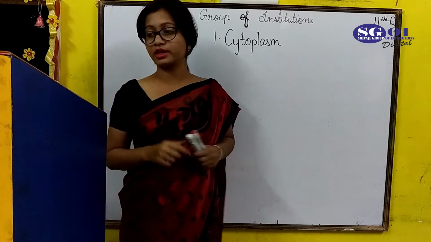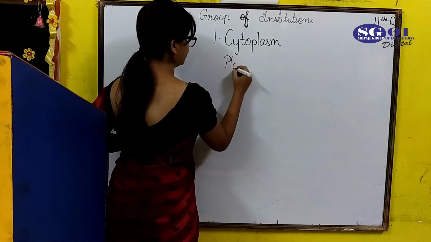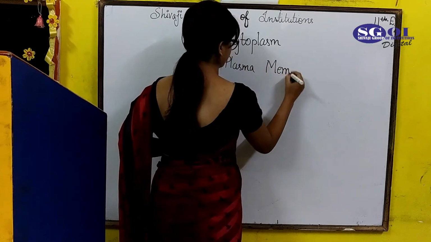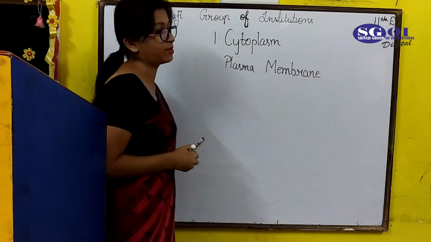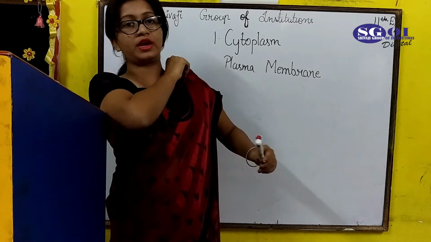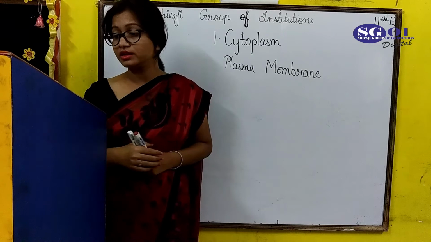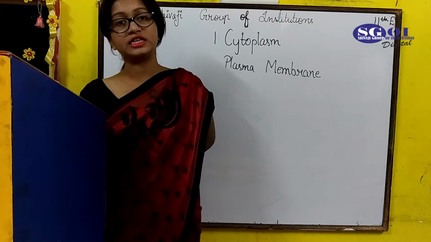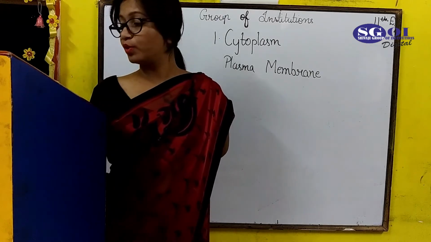After that came the second topic, which is plasma membrane. We have to study all these topics inside cytoplasm. So what is plasma membrane? Plasma membrane is also known as cell membrane and it is the outer part of the cell. It was discovered by Nageli and Kramer in 1885 and was called plasma lemma by Plowe.